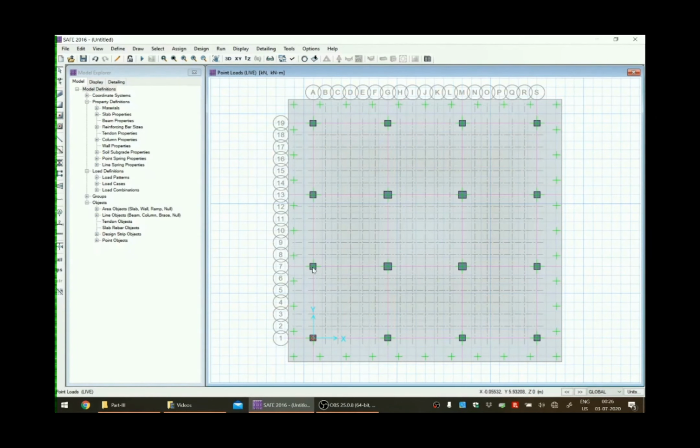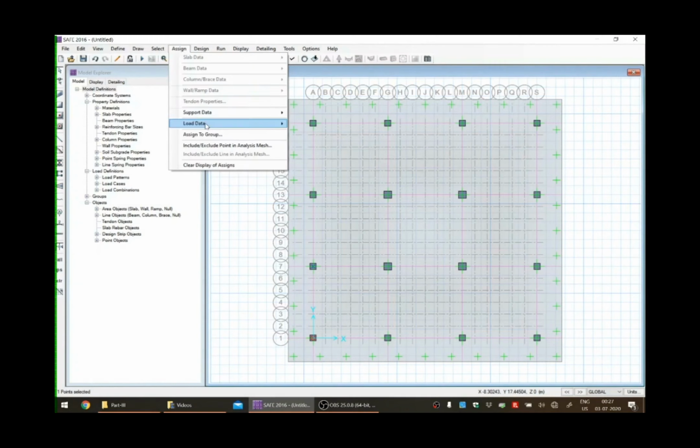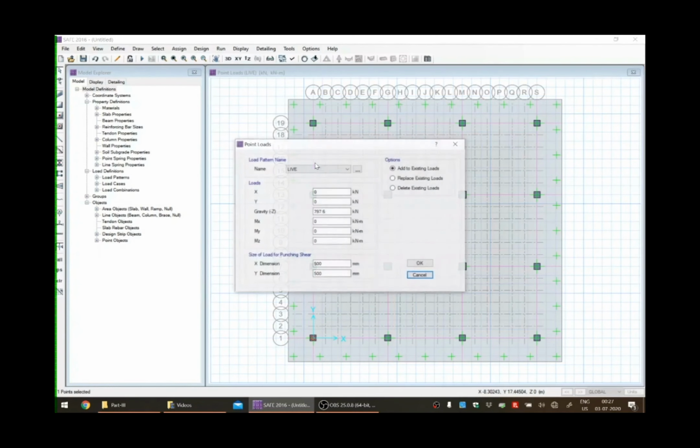Now let us select point C2, column C2. One point is selected. So assign load data, point load. This will be dead load. For C2, dead load is